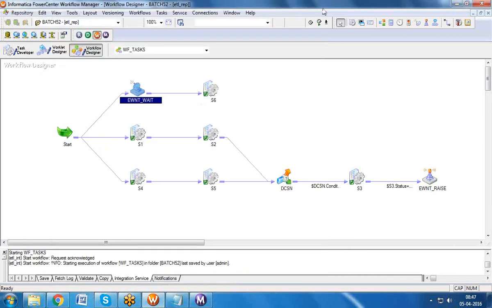Okay, let us assume one of my sessions contains a source, and the source is a flat file. This particular session loads the data into a flat file, and that flat file is a source for this particular session. Let us assume a scenario. Then guys, when this S6 has to be triggered, when this gets successfully completed.